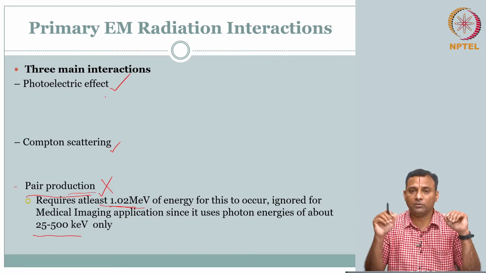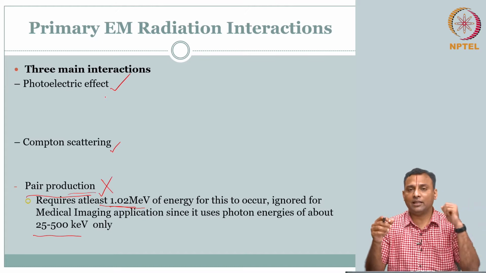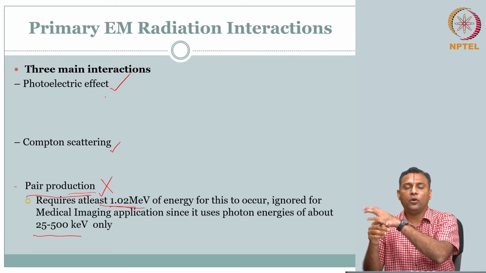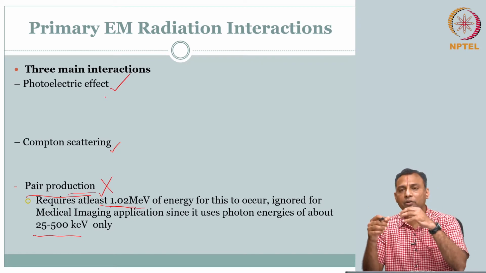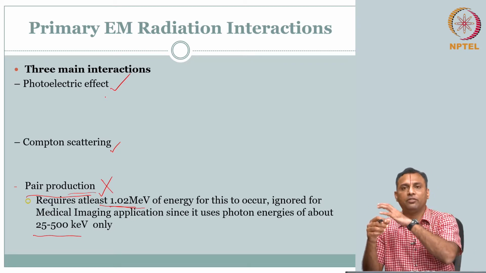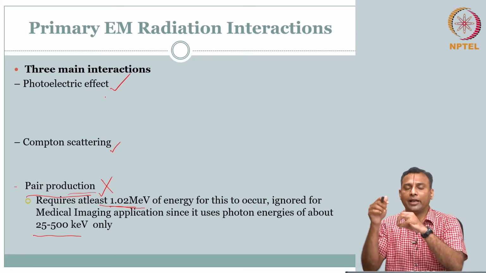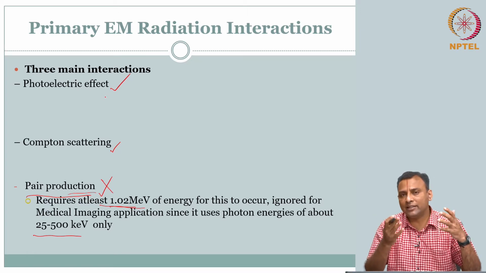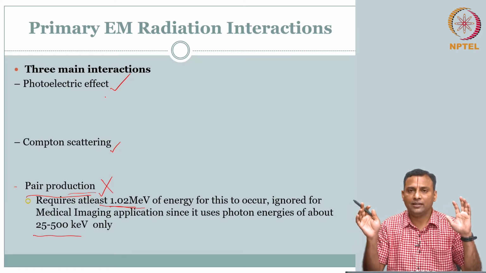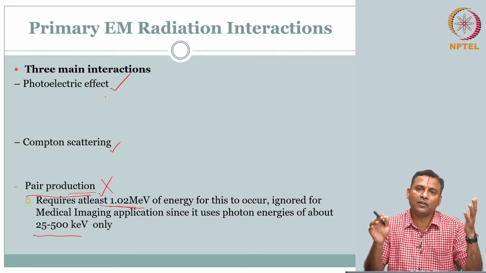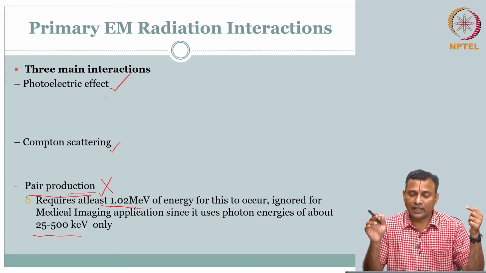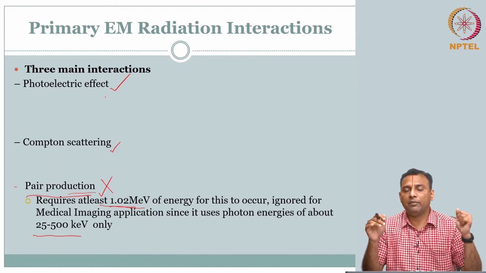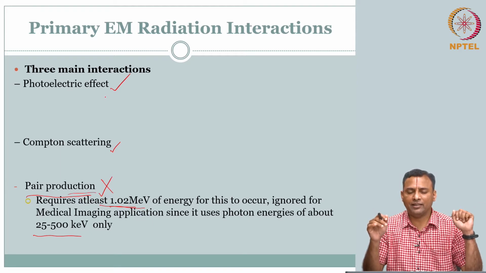That is one possibility. The other possibility is that the photon energy is coming, and maybe it bumps off an outer electron. It does not really get into the core. It just knocks off something at the outer electron shell. In which case, it will just knock that out, with reduced energy, and go in a new direction. Intuitively, this is very similar to what we did for charged high energy particulates, like an electron coming in and interacting with matter. A similar thing happens here.